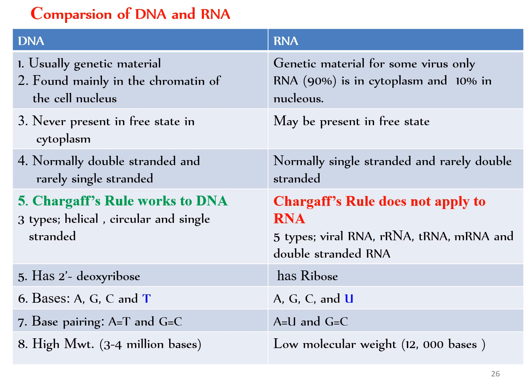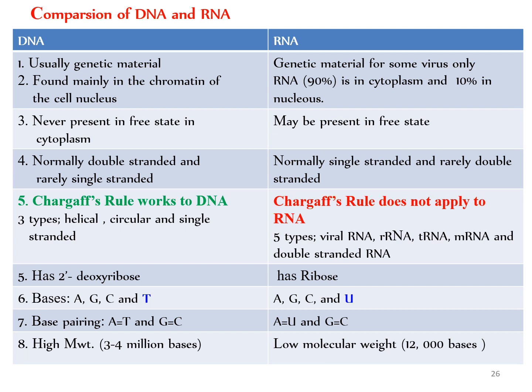For example, DNA is usually the genetic material found mainly in the chromatin of the cell nucleus, but genetic material for some viruses is RNA, and 90% of the RNA is found in cytoplasm, only 10% can be found in the nucleus. And DNA is never present in a free state in cytoplasm, whereas RNA may be present in a free state in cytoplasm. When you come to Chargaff's rule, it works for DNA, but Chargaff's rule does not apply for RNA because here